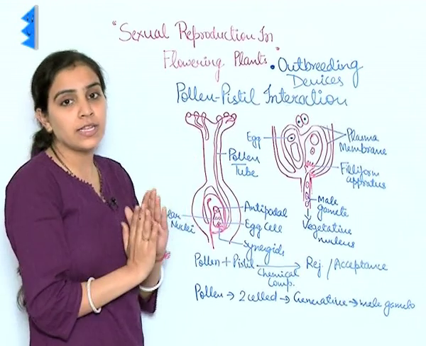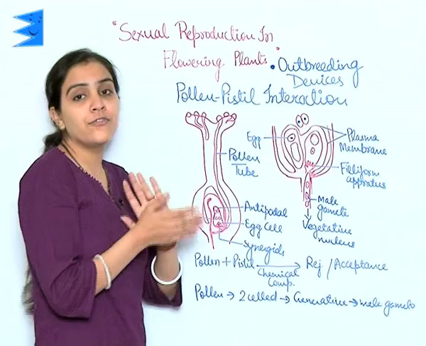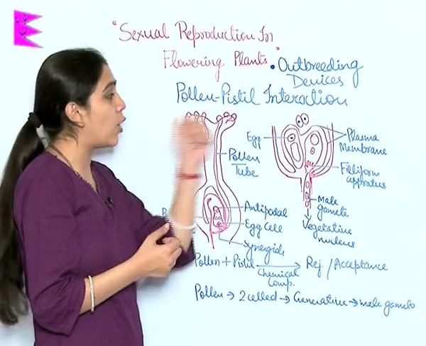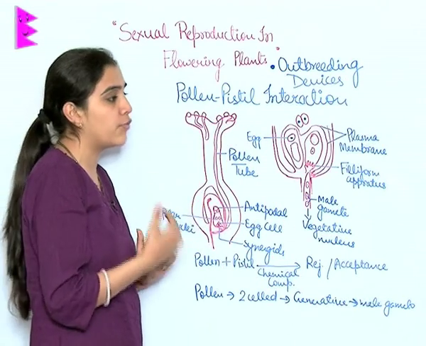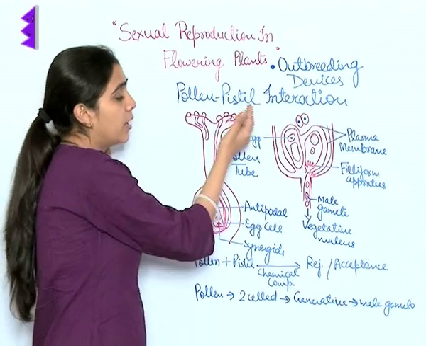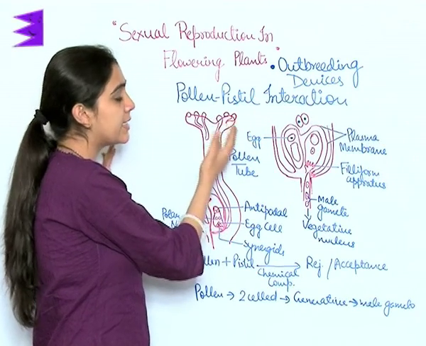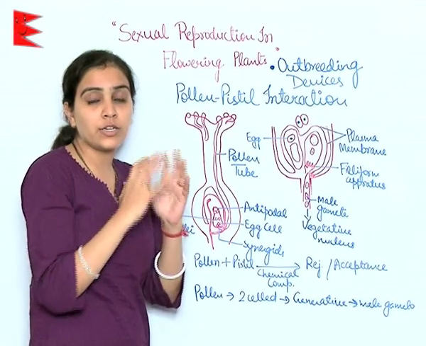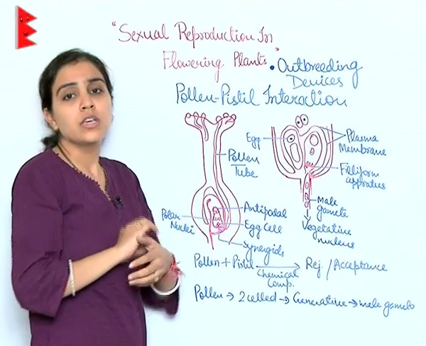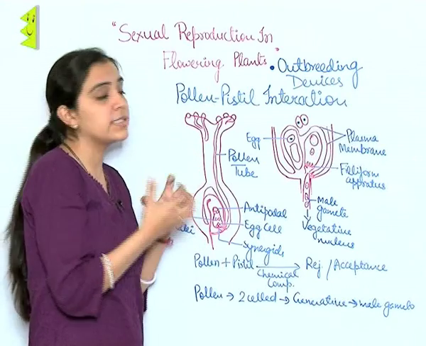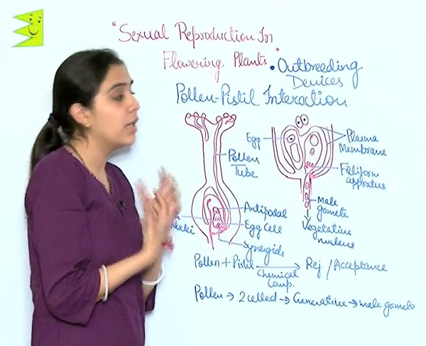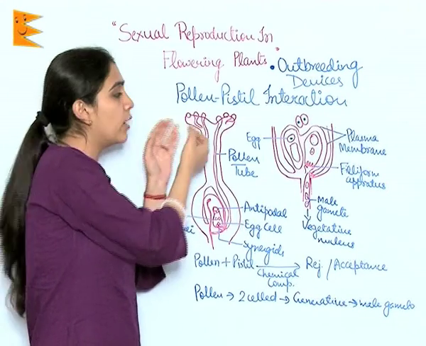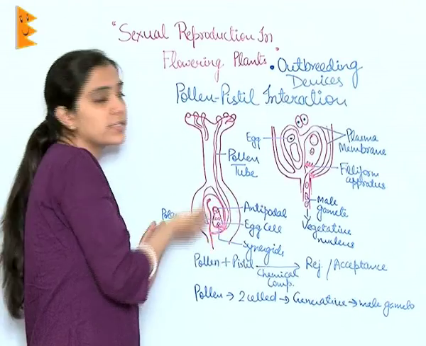Further, another strategy adapted by plants is different positions of anther and pistil, so that when pollens are released, they are not able to reach the pistil of the same flower. The third adaptation method is self-incompatibility. When the pollen and pistil of the same flower come in contact, they don't show any further growth. That is, they are totally incompatible. They reject the further growth of the pollen tube or the movement of pollens to reach the